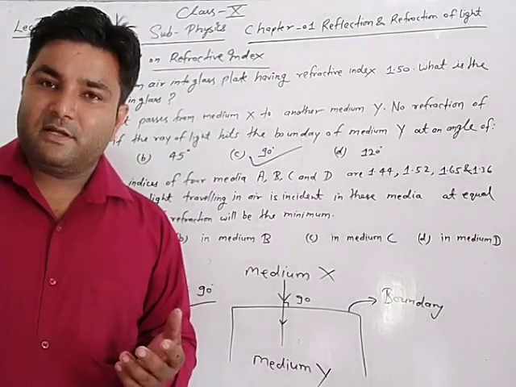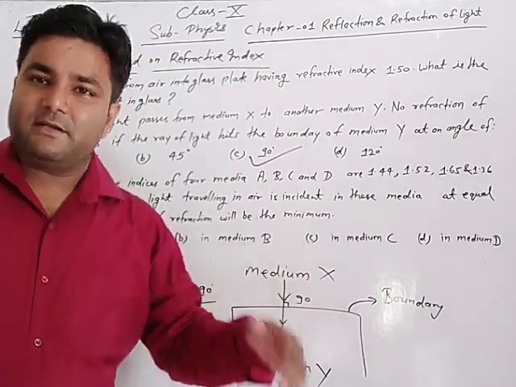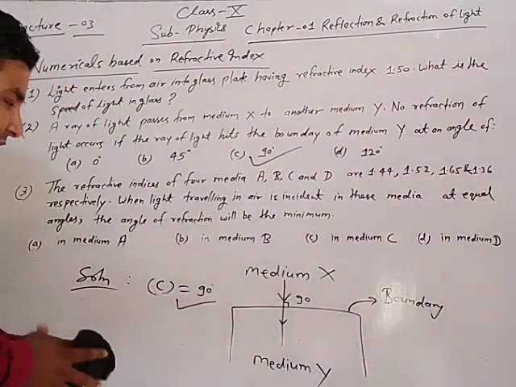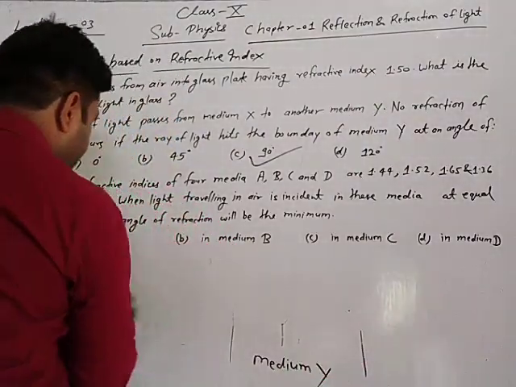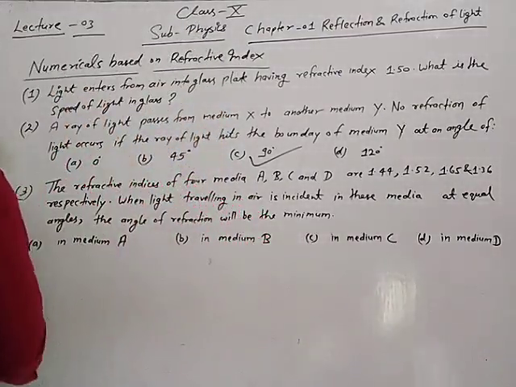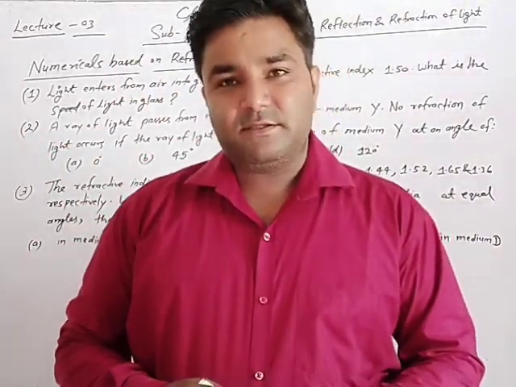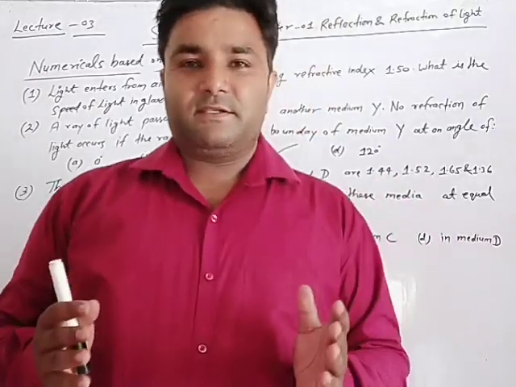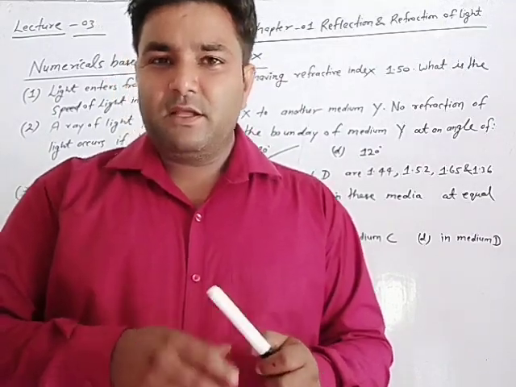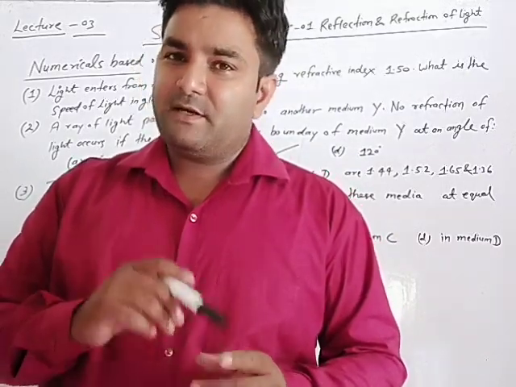And angle of refraction means the angle between the normal that lies in the particular medium and the refracted ray. That is the angle of refraction, and we will solve it with the help of a diagram. Very simple way. Always remember, whenever light goes from one medium to another, the speed of light changes. Due to the change in speed, refraction takes place. Refraction depends upon the refractive index of the medium: how much the light rays bend towards the normal or away from the normal depends upon only one concept, that is the refractive index.